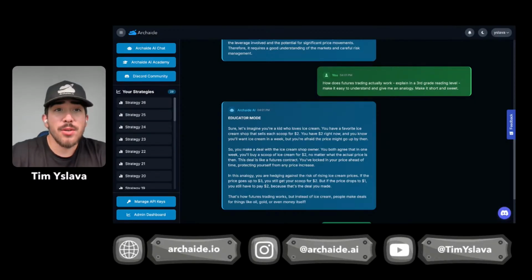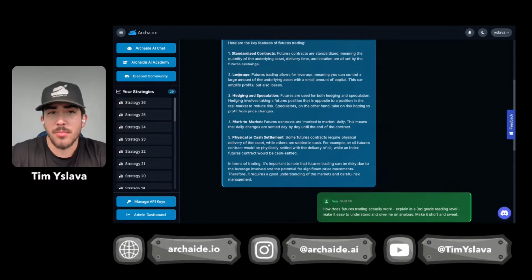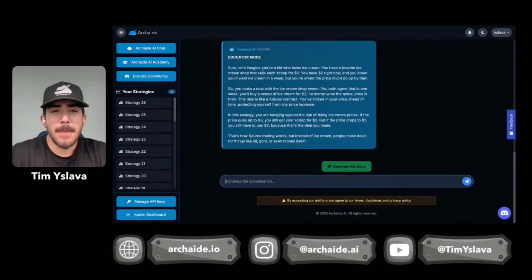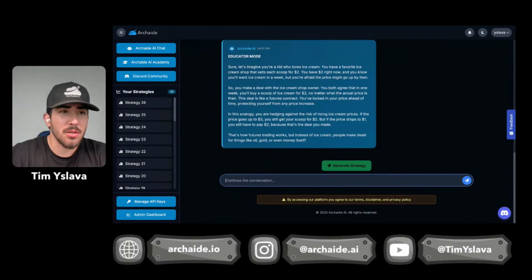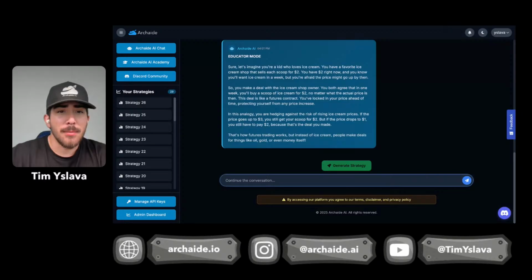And again, why do traders use futures? We kind of referenced it a little bit up here, in terms of it being able to be leveraged. You talk about hedging and speculation. And broadly speaking, people use it to make money. I have clients of mine who used Archaide and our services in the past when we operated as an agency, who have futures trading bots that make 30% a day, what have you. So futures are a very powerful tool, and if you have an automated strategy around it that you could build inside of Archaide, then it's amplified even more so.